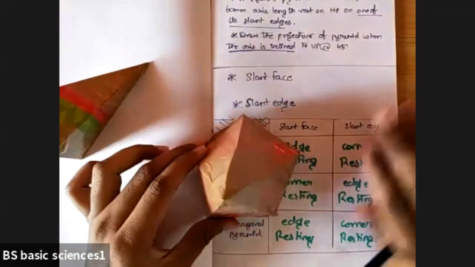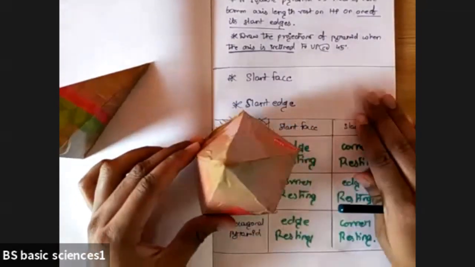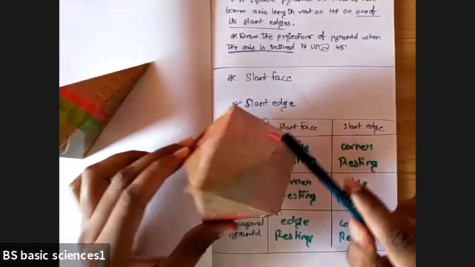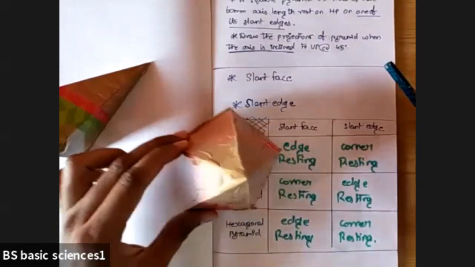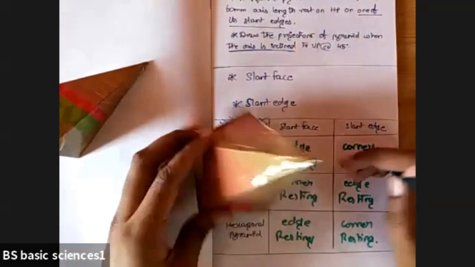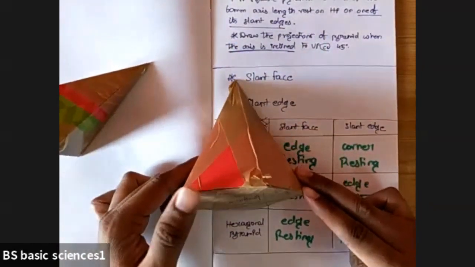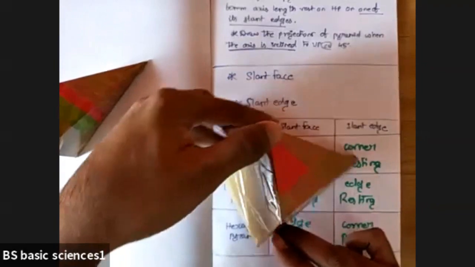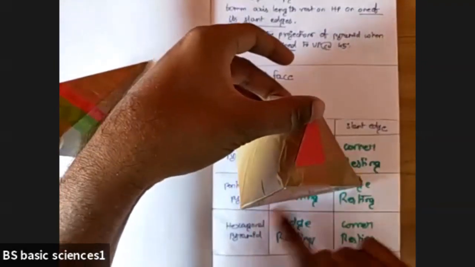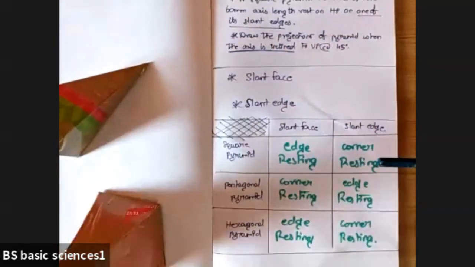or you can place this pentagon pyramid on the horizontal plane with respect to one of the slant edges. This is a slant edge, so it will be like this. That's the slant edge you'll be placing like this. If you want to see it in the front view, we'll place a triangular pyramid like this. The pyramid you'll place on HP with one of the slant edges. These are the 2 conditions which will be given.